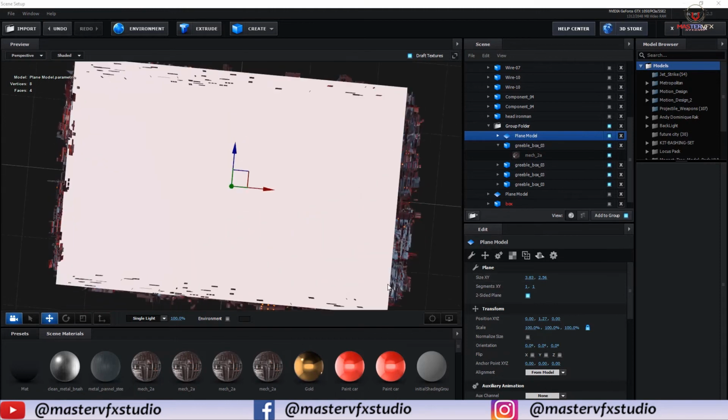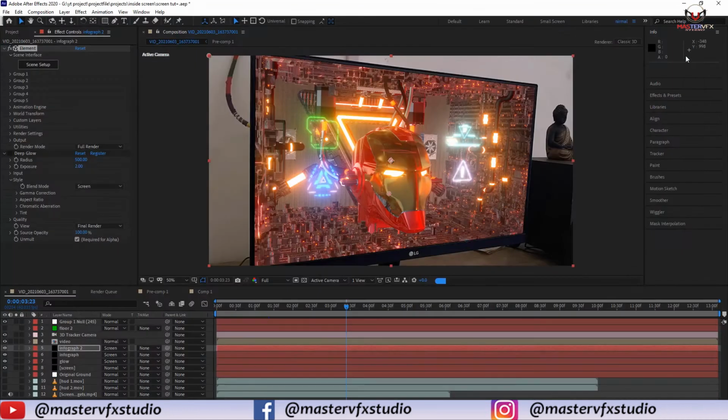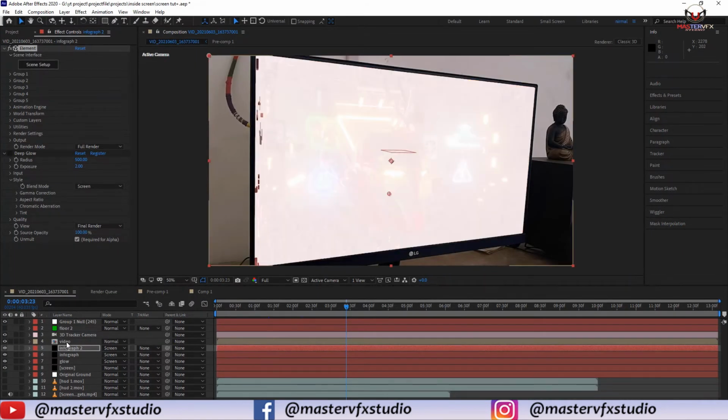Okay, so now it looks good. Press OK, and select this layer, rename it to front screen. Okay guys,